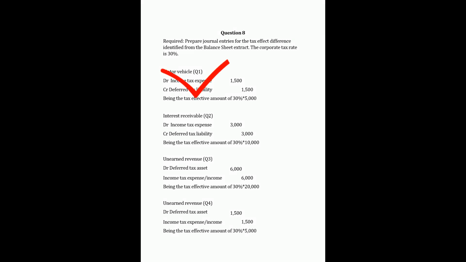The tax component included in that is 30% of 5,000, which is 1,500. And that 1,500 becomes a liability which is deferred for the future,